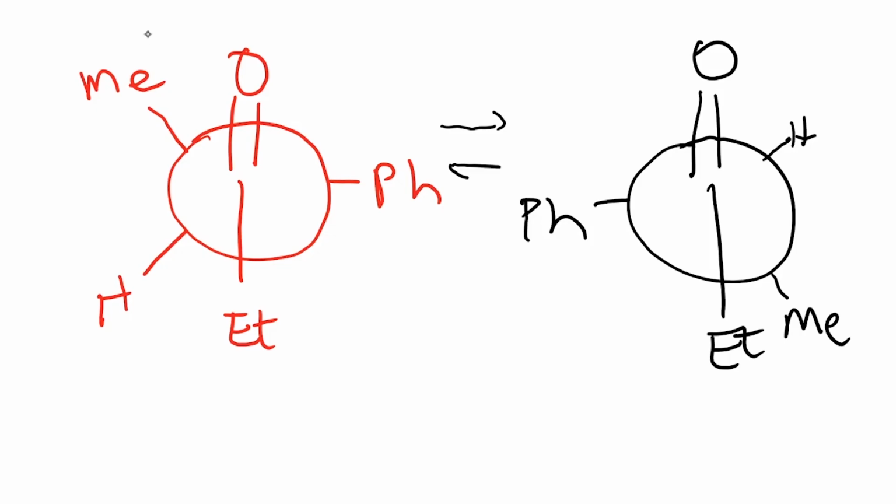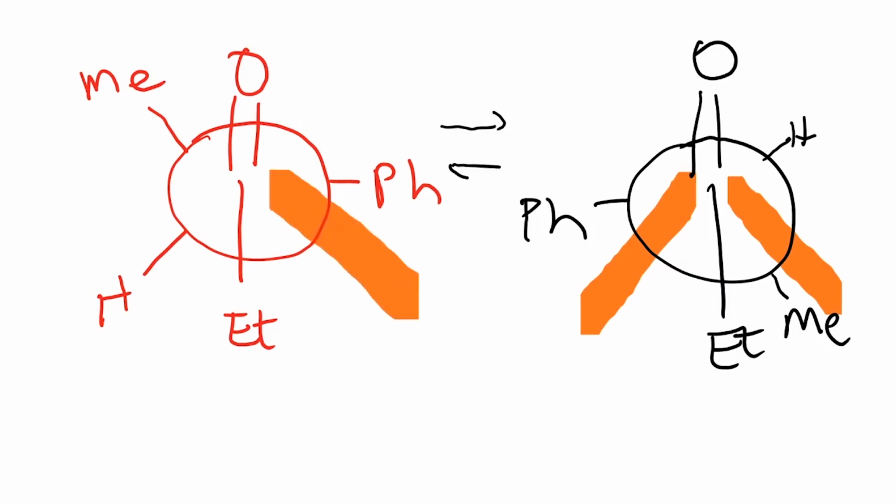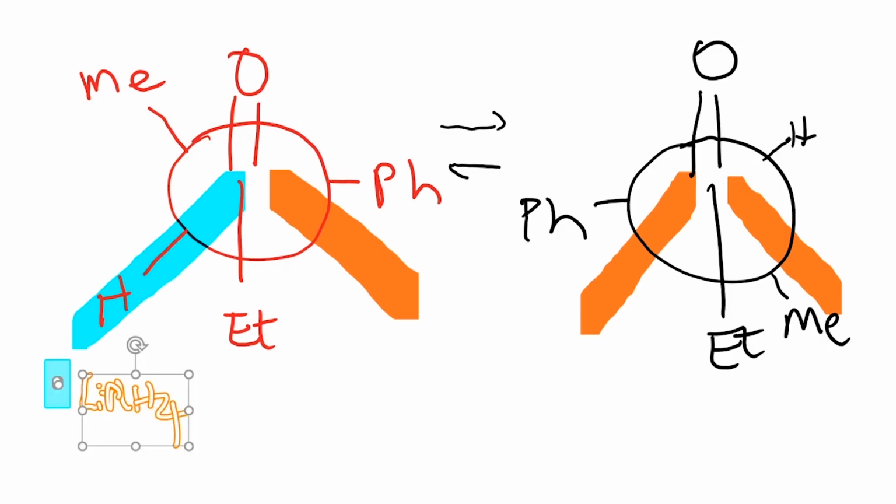Okay, so the way we would project forward is that clearly this attack is not very favored because of the methyl group. This one is not going to be favored because of the phenyl ring. The same situation over here, and therefore the most favored one is the one which I am drawing in blue. Now if we consider that lithium aluminum hydride attacks from this particular trajectory, the product that you will get, which I'm just going to draw